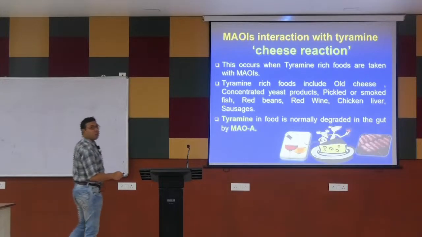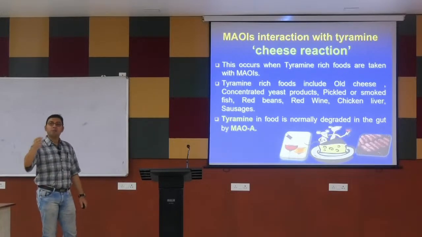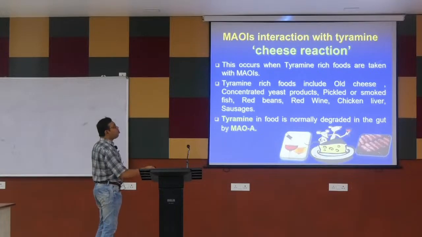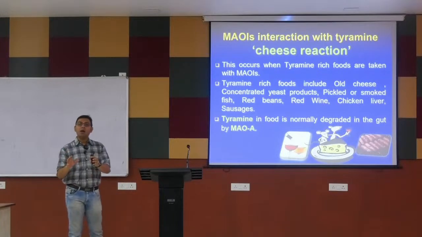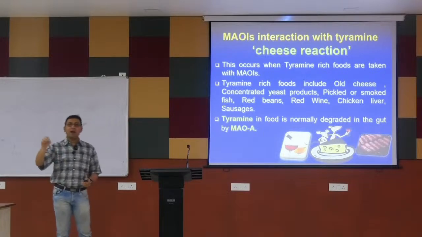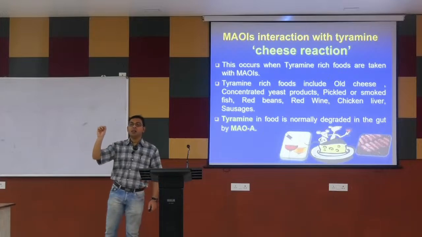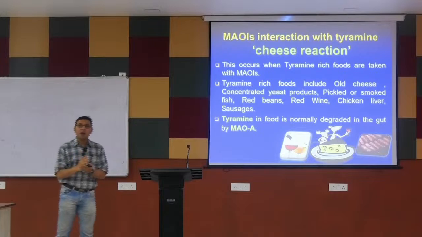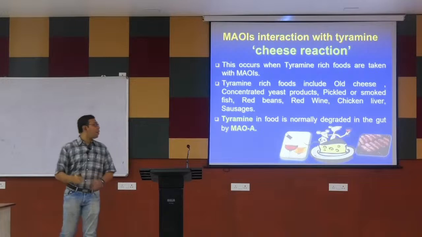This is known as the cheese reaction, what I am talking about. So tyramine is an indirectly acting sympathomimetic agent, and this is present in cheese and cheese-like substances. So this occurs when tyramine-rich foods are taken with MAO inhibitors. So the patient is taking this MAO inhibitor, most commonly the non-selective MAO inhibitors, and the patient is taking some cheese or some foods like that which contain tyramine. This tyramine or tyramine-like foods are indirectly acting sympathomimetic drugs. And already we have seen, if indirectly acting sympathomimetics are given with these MAO inhibitors, that leads to sudden rise of the blood pressure or hypertensive crisis.